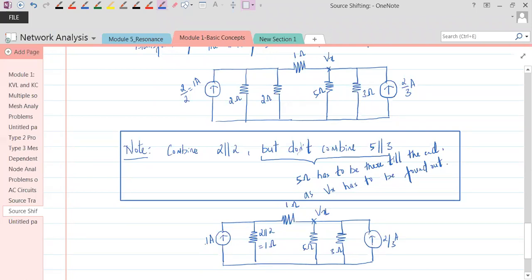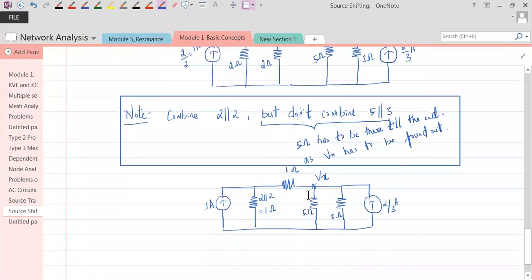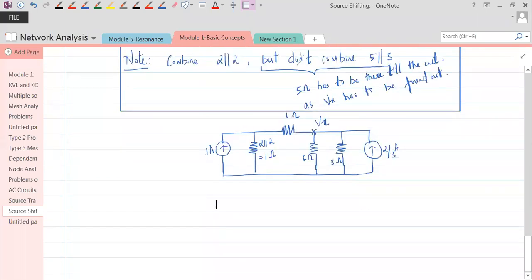Now what we can do is, see here, if these two have to come in series... they are not in series now. These resistors are not in series. For these two to be in series, this has to be converted into a voltage source. Is this possible to be converted into a voltage source? Yes, because there is a resistor in parallel with this current source. Okay, so let's go back and